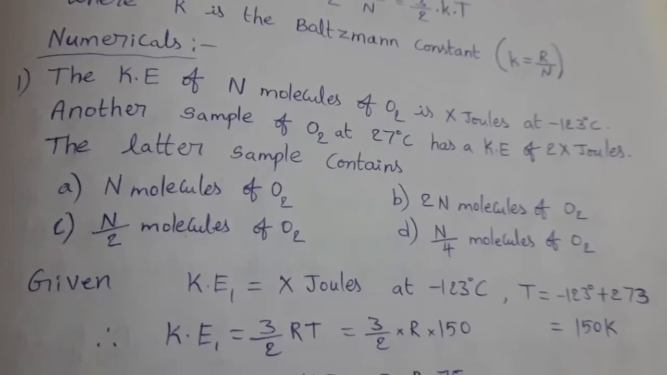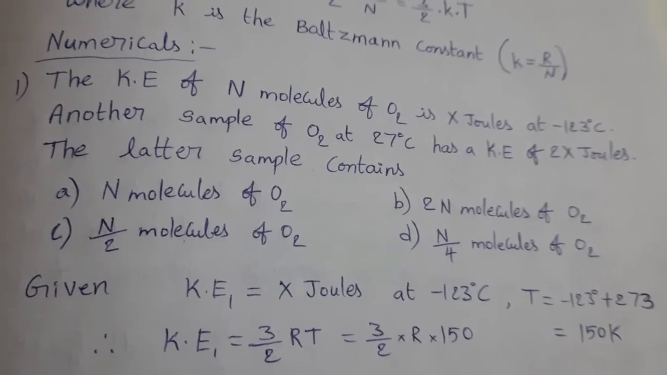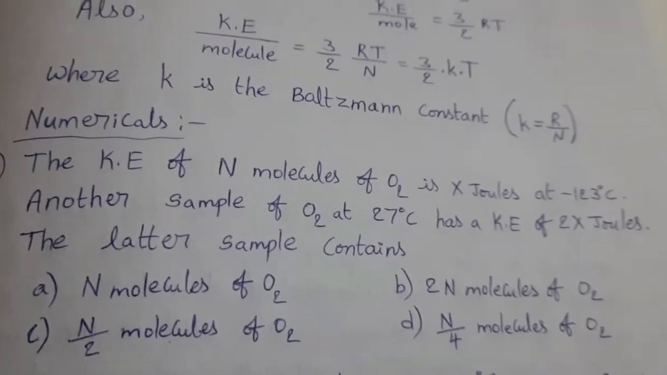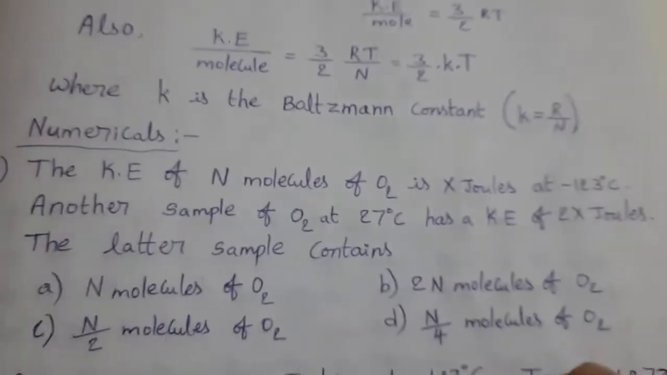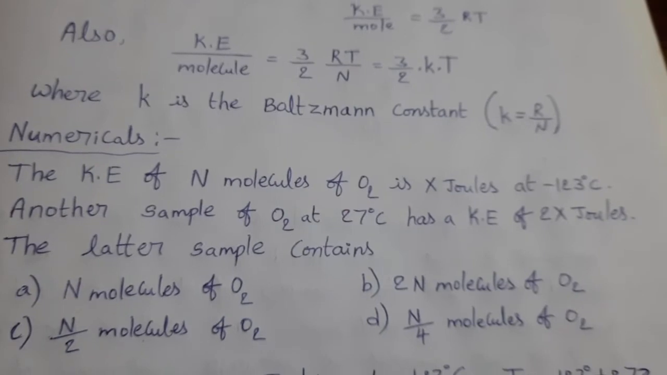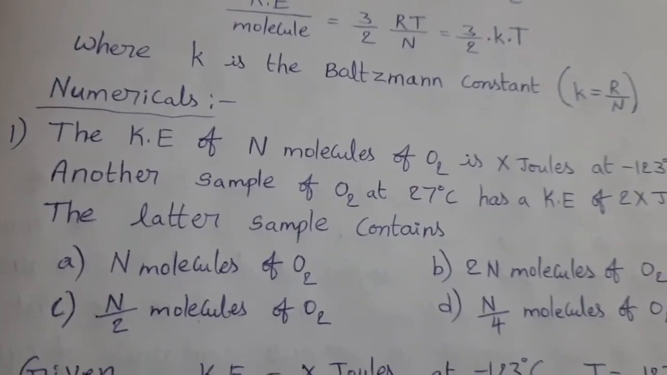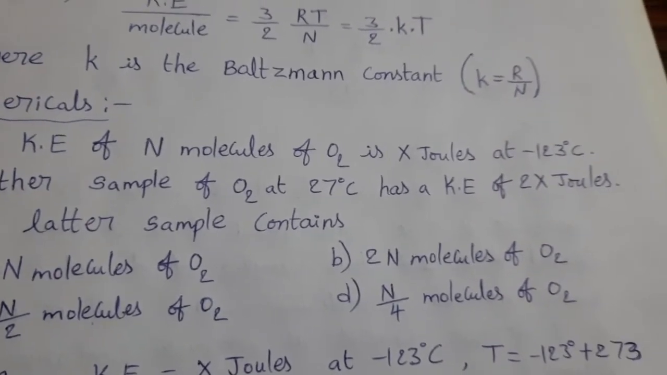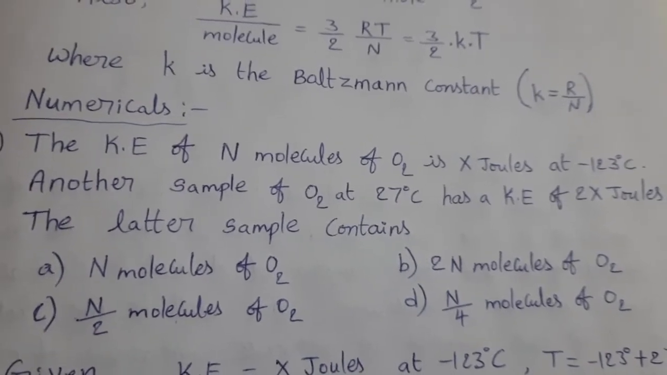Last class we completed kinetic molecular theory of gases. Now see the numericals related to that theory. The kinetic energy of n molecules of O2 is x joules at minus 123 degrees Celsius. Another sample of O2 at 27 degrees Celsius has kinetic energy of 2x joules. The latter sample contains,